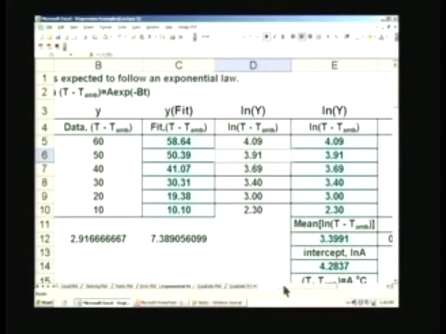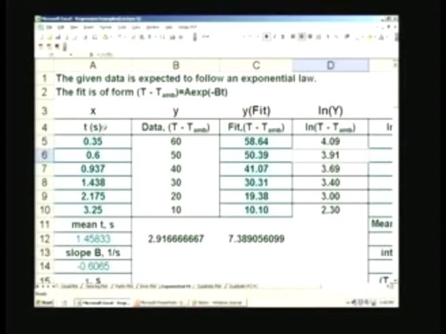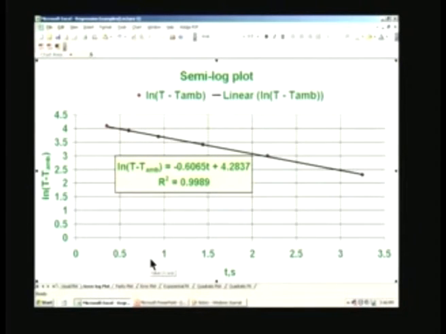With this background, let us see what I have done in the next plot. I have plotted this one and this one. X is as such, without any change, because I am making a semi-logarithmic plot. The time axis is linear, the temperature axis is non-linear and logarithmic. So I am going to choose these two columns and make the plot. That is what I have done here. It is a semi-log plot, which shows the logarithm of t minus t ambient as a function of t in seconds, and again we will come back to this later.